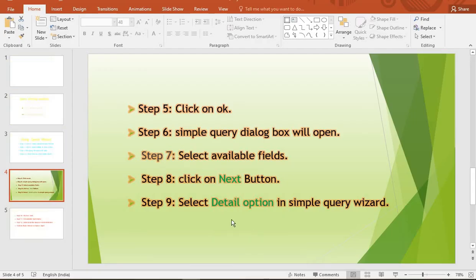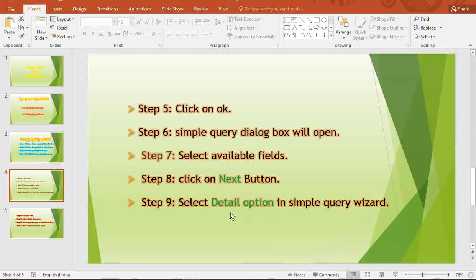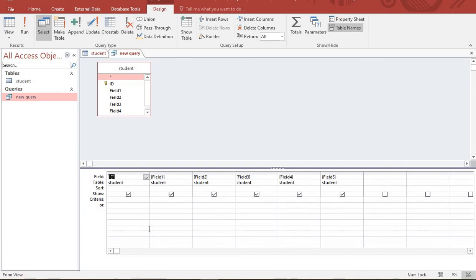See here, that point is this one only. Select detail option or design option, then it will display here. For example, if you want to select data with a specific criteria, a condition only, then you may give that condition here.